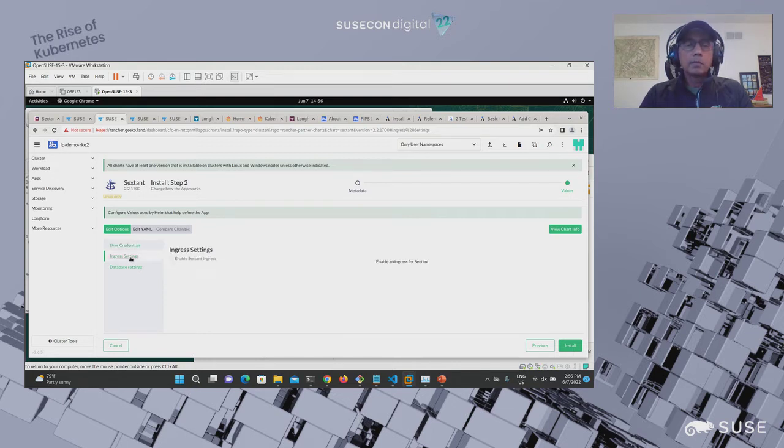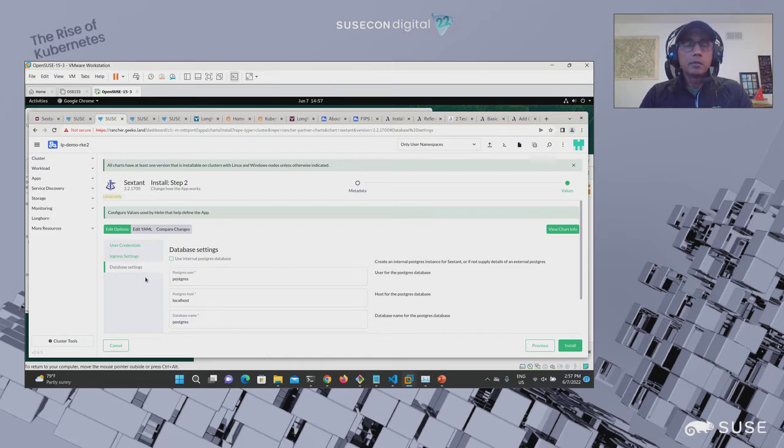Then you have to make some decisions about whether you want to set up some ingress rules to be able to access Sextant, as well as whether you want to host the database in your Kubernetes cluster, or you may have an external database, in which case you would have to provide some details about where it's hosted. For this demo, I was going to show you both.